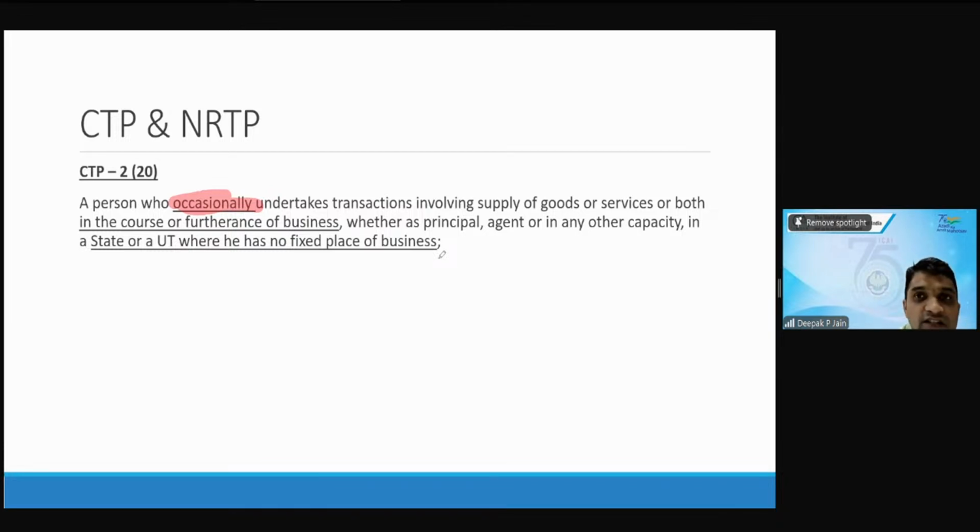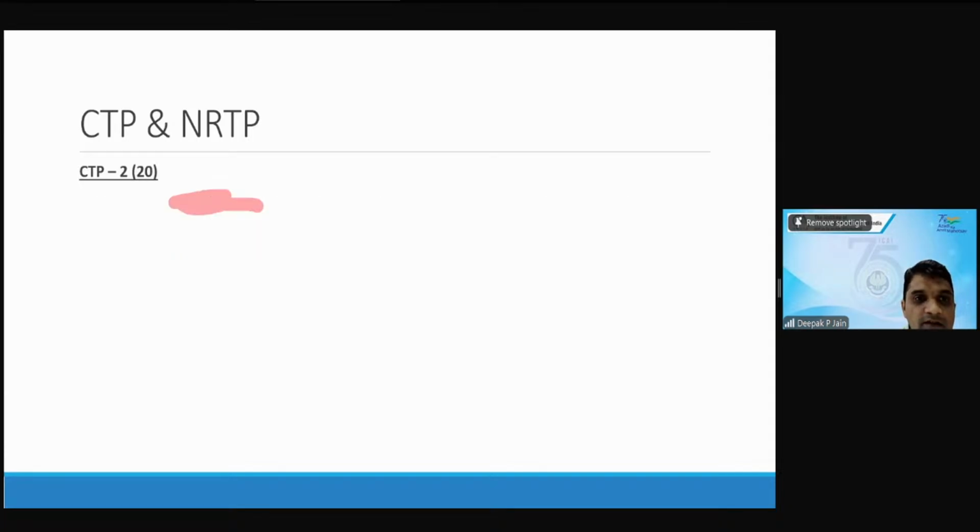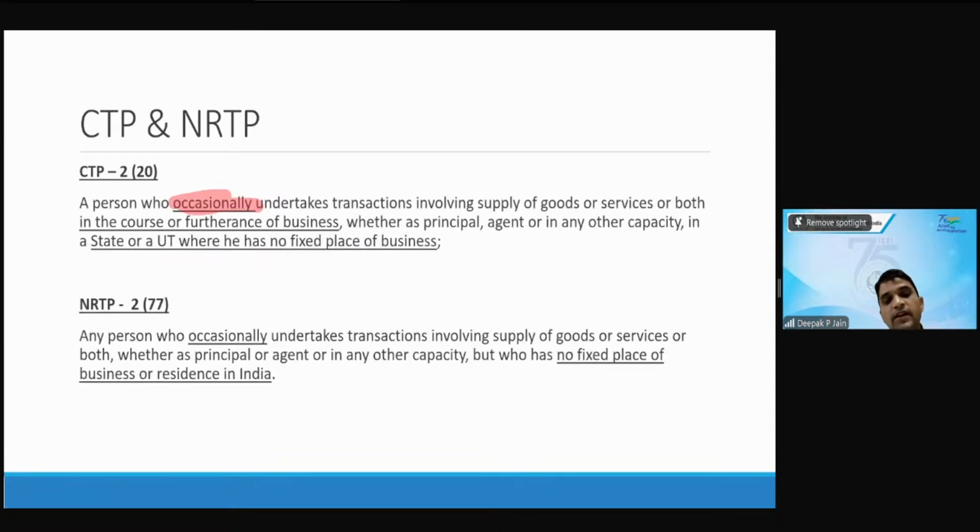तो सीटीपी रजिस्ट्रेशन कब लेंगे? जब आप किसी और शहर में जा रहे हो और वहां पे टेम्पररी ओकेशनल बिजनेस कर रहे हो, तब आप सीटीपी रजिस्ट्रेशन लेंगे। ठीक है। और एनआरटीपी क्या है? एनआरटीपी सीटीपी की तरह ही है, बट डिफरेंस है कि सीटीपी एक सिटीजन है, एक बंदा है जो एक प्लेस में रहता है, लेकिन एनआरटीपी जो है नॉन रेसिडेंट टैक्सेबल पर्सन है। ही इज नॉट हैविंग अ फिक्स प्लेस ऑफ रजिस्ट्रेशन इन इंडिया और ही इज नॉट हैविंग अ फिक्स प्लेस ऑफ बिजनेस इन इंडिया। फिरंगी है, फिरंगी आके कर रहा है, सिंपल। ही इज अ एनआरटीपी।